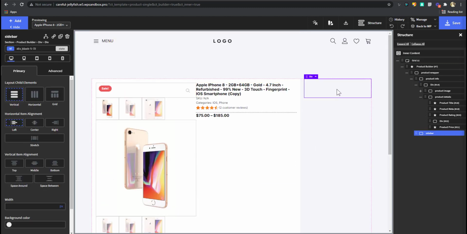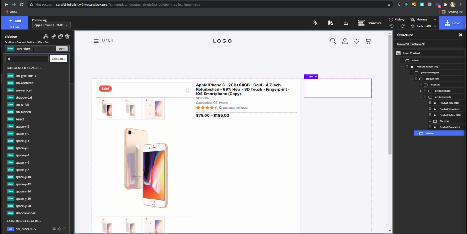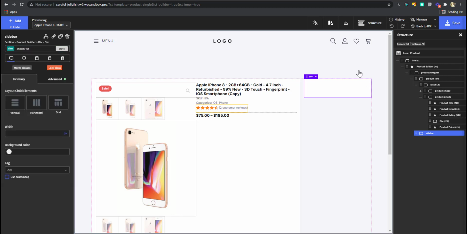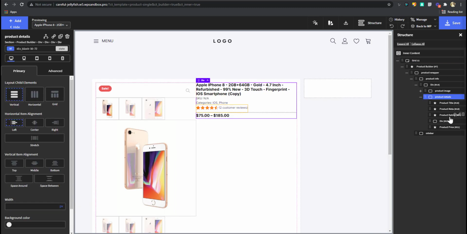I'm going to do the same to the sidebar here. I'm going to just apply the class of card tight to it, and then give it a small shadow, and then that's okay. So let's go back to product detail. So I have that. The next thing I want to put there is